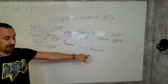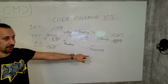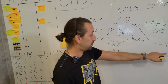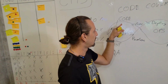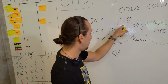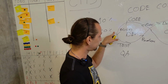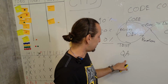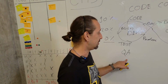So the monitoring will not produce any output because you don't know how to monitor the thing that you want to measure. This will result in a lack of planning, which will result in poor code quality. You may somehow automate the building process and hope for the best. The hope for the best is that the QA won't find anything,